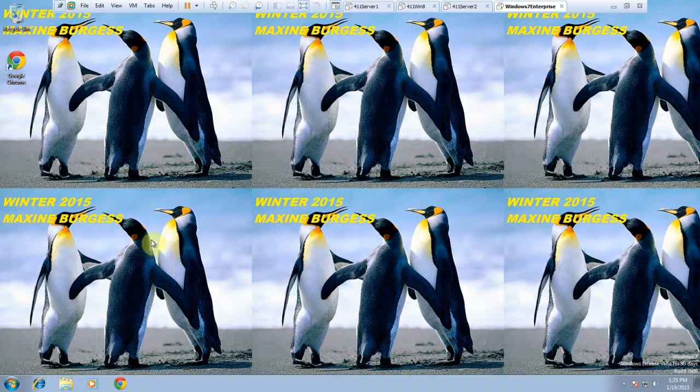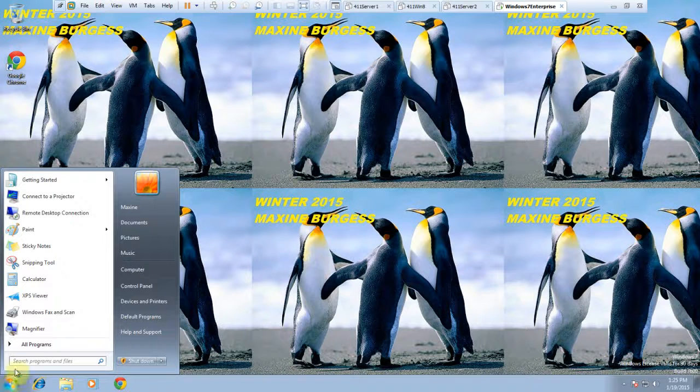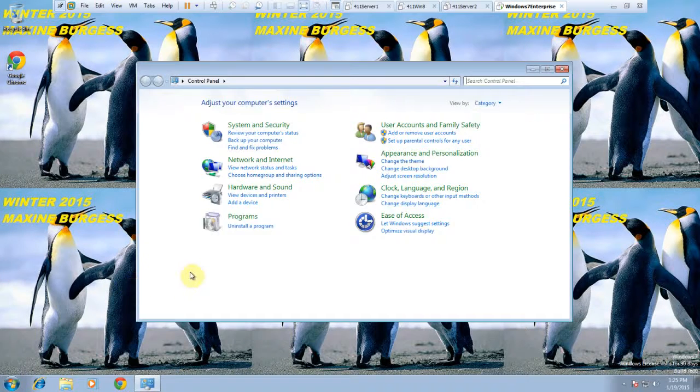Let's get started. I'm running Windows 7 Enterprise Edition on VMware 11 workstation. The first thing you want to do is to get to the device manager, and you can use a couple of different ways. You can be lazy and you can type it in here, device manager, and it will bring it up. Or you can go to your control panel and you want to go to hardware and sound,